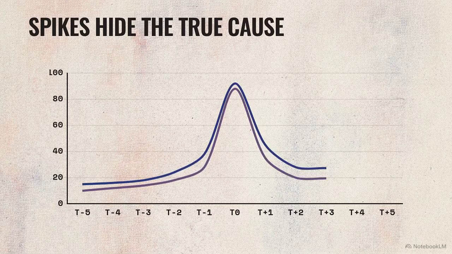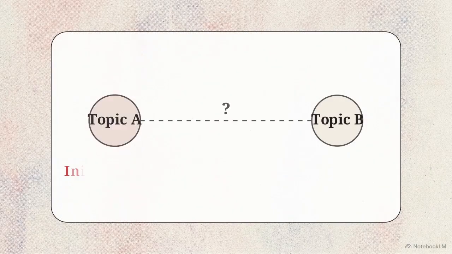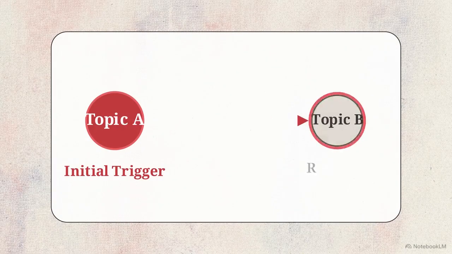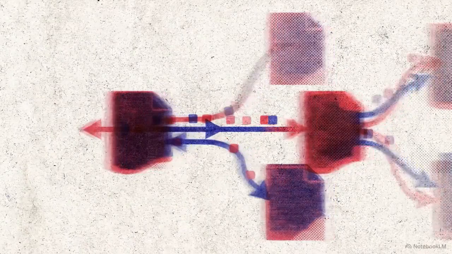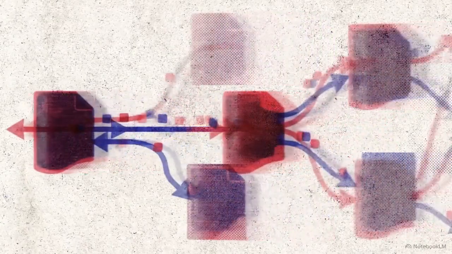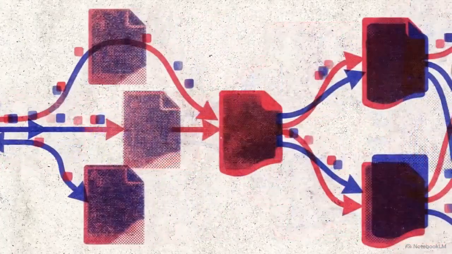Tracking spikes across these topics introduces a statistical trap. If anxiety about trade and anxiety about energy rise at the exact same moment, you cannot assume one caused the other. To build a predictive model, researchers needed strict proof of directionality. They had to determine precisely which topic acts as the initial trigger and which topic is merely the reaction. By isolating those explicit causal links, analysts can filter out coincidences and map out the exact sequence of human panic as